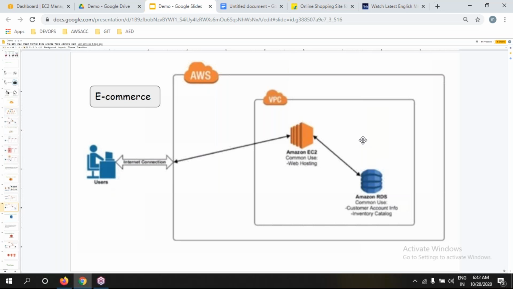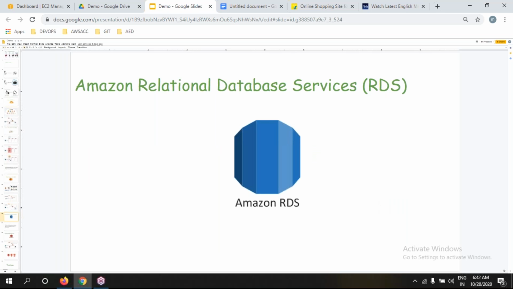Can we store this kind of larger file, 3 GB, into RDS? No, we can't. That is the reason we're going to use S3.